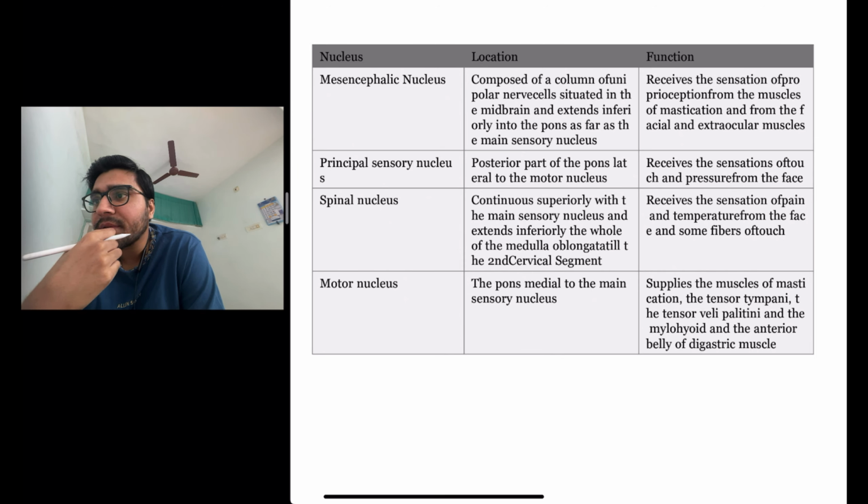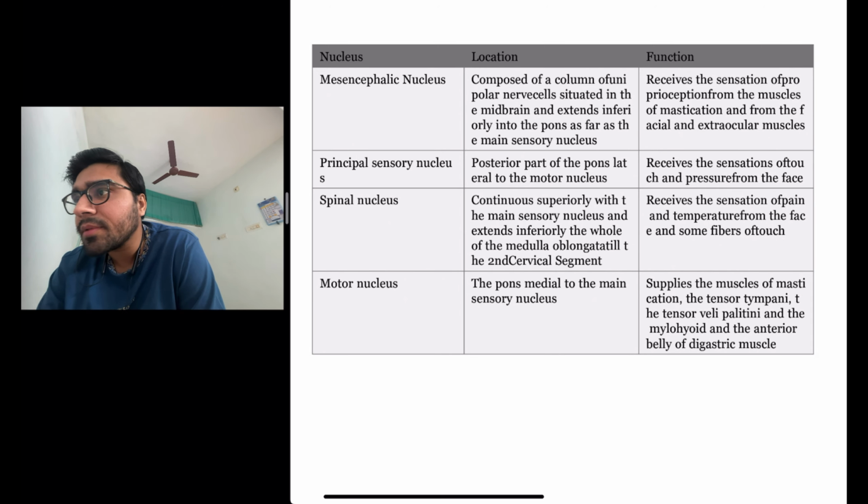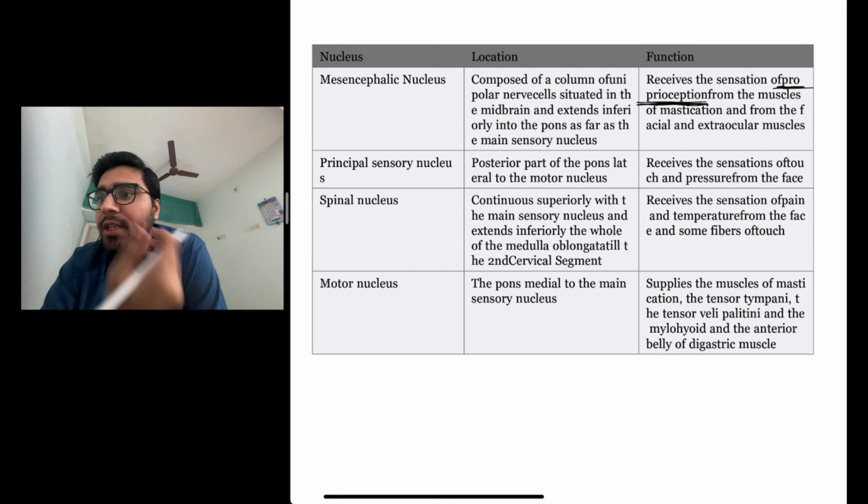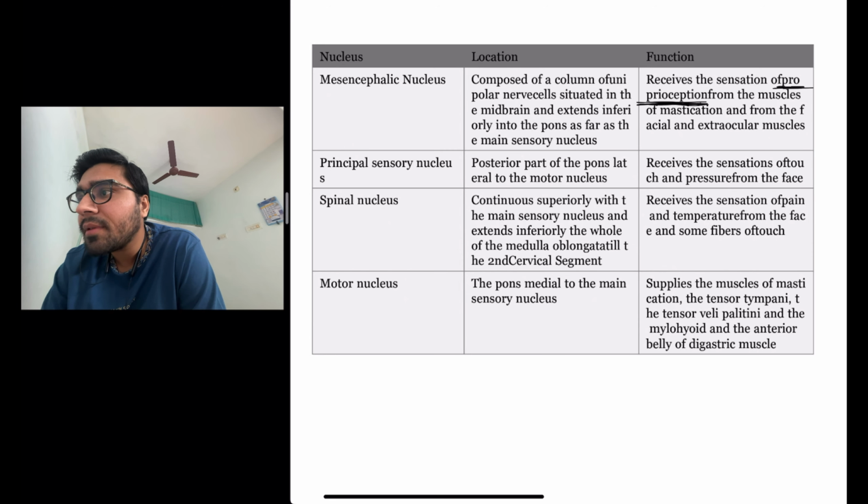Mesencephalic nucleus receives the sensation of proprioception. So this is the function of mesencephalic nucleus: proprioception from the muscles of mastication and from the facial and extraocular muscles. The second one is the principal sensory nucleus, located in the posterior part of the pons lateral to the motor nucleus, and receives the sensation of touch and pressure